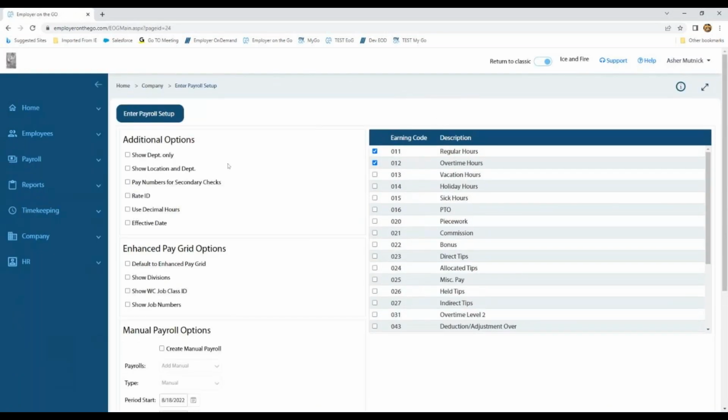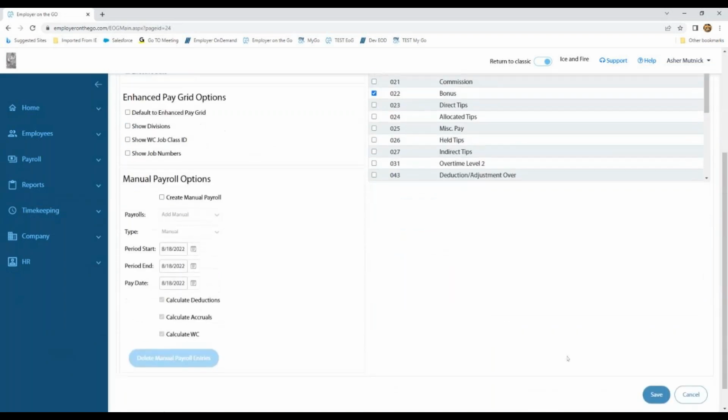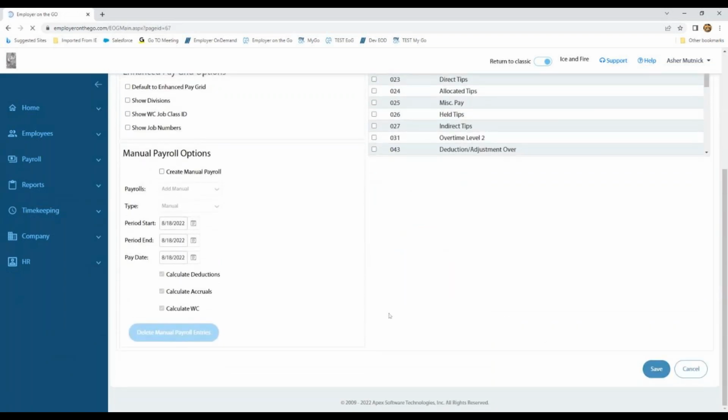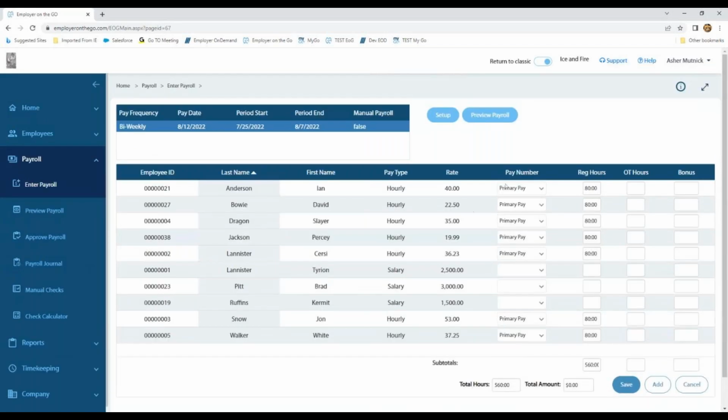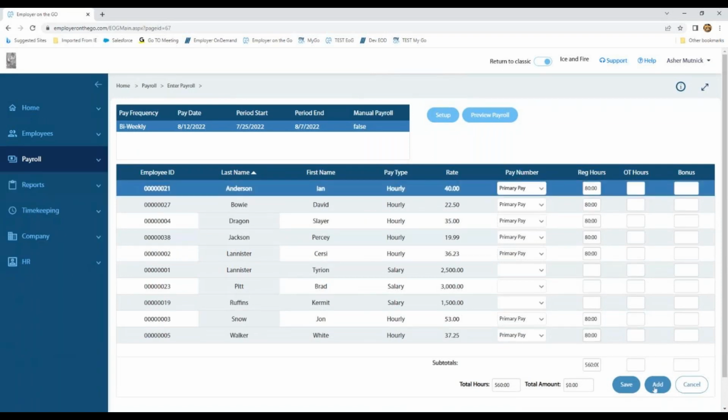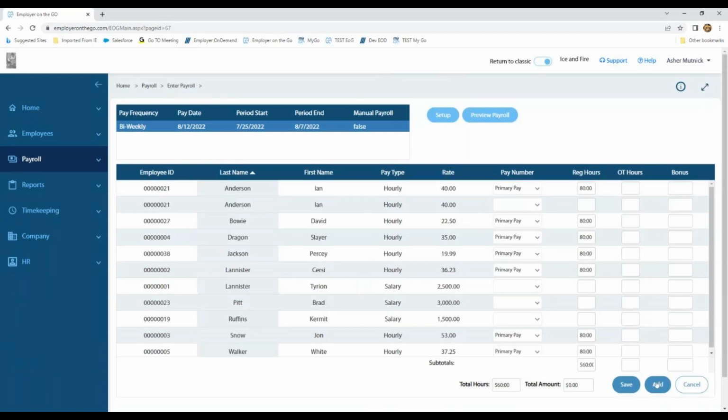Once in your setup, on the left-hand side, you can select this box to pay numbers for secondary checks. And then, of course, select your earning codes as needed. Once you're in the grid, you will find that you now have an additional column called Pay Number. You can highlight the employee's line and select Add on the bottom, which will now include a second line for